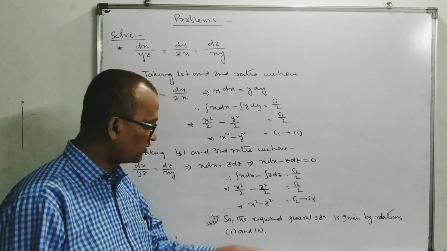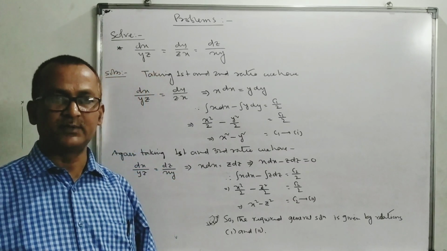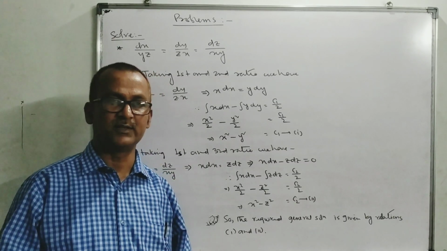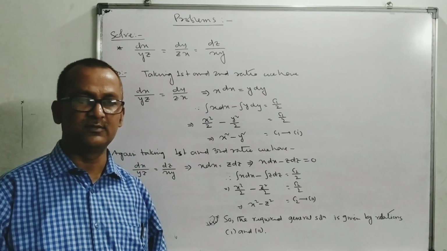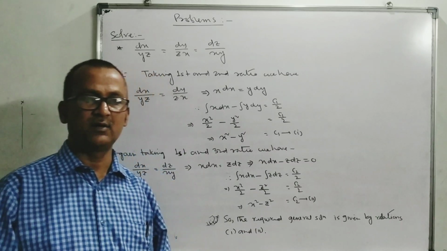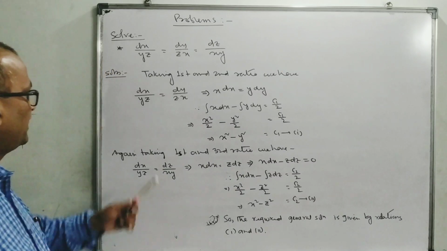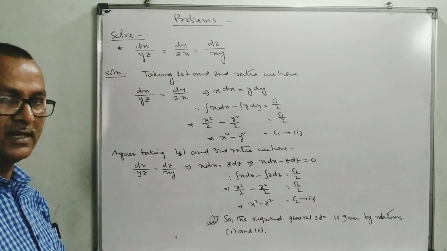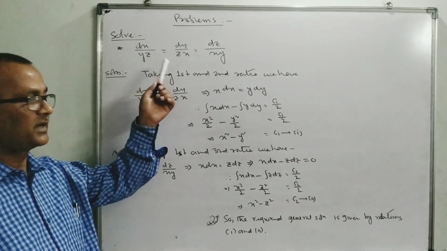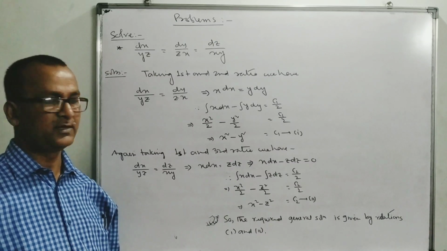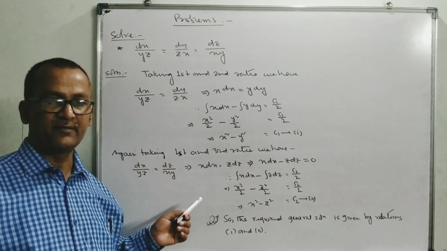Relations 1 and 2 are called the general solution because c1, c2 are arbitrary constants and they can be obtained by using certain conditions. If certain conditions are given, then we can find the values of c1, c2, and this will give the complete or particular solution. Here we can take first and second, and then first and third. Students may take first and second, third also, the answer will be the same. So this is one method, how we can solve this type of equation.